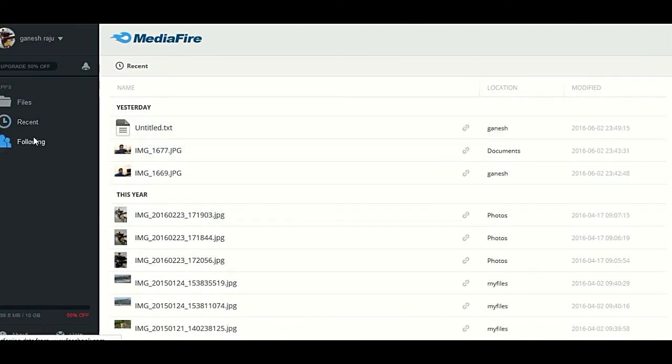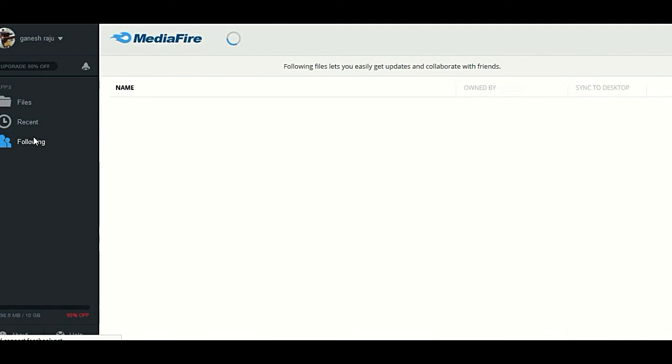And also following: currently I'm not following any people, so that's why nothing is displayed here. Following files lets you easily get updates and collaborate with friends. When you follow some files and your friends make changes, the updates automatically appear in your files also. So here you find in the 10 GB of space, I have already got 198.6 GB of space.